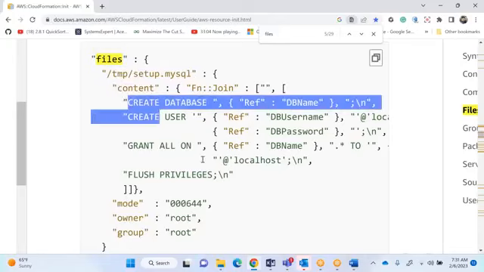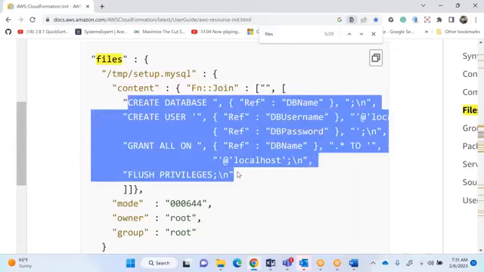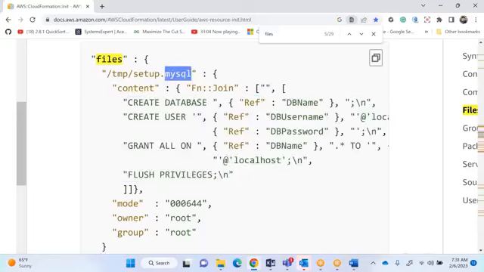This is the script, it will go and create it. See what happened. If you see, the script got created: create database, refer database name from the parameters, user, grant. A script got created. How do you execute? If you execute this on the MySQL server, a database gets created. In the command you will mention how you go and run the database.